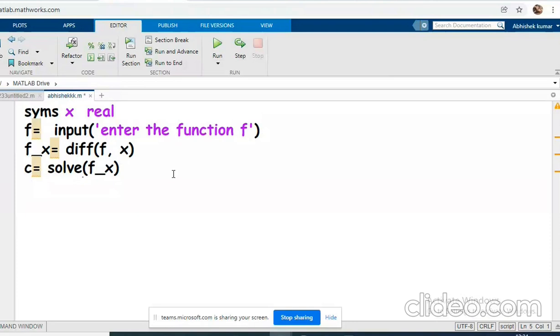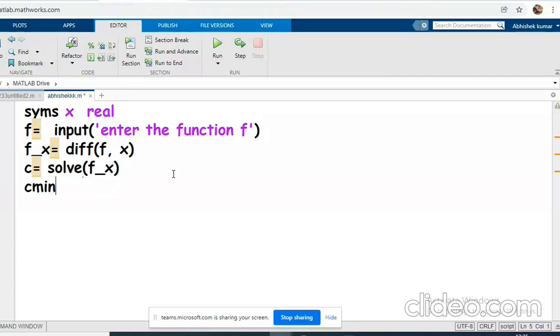Now we'll draw the curve which includes all the critical points. What we do is take the minimum critical point and the maximum critical point, and we extend the domain: minima minus 2, maxima plus 2. So it will cover all the critical points. So I want to draw f in a particular domain which covers all the critical points. For that, I need C minima and C maxima, and then I extend it to C minima minus 2 and C maxima plus 2.